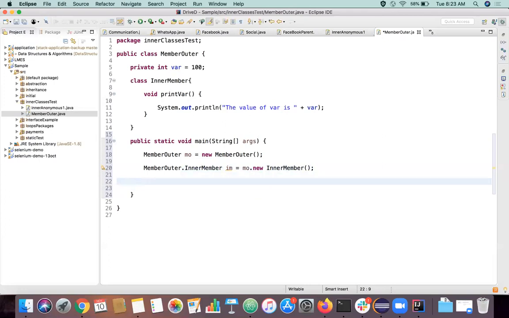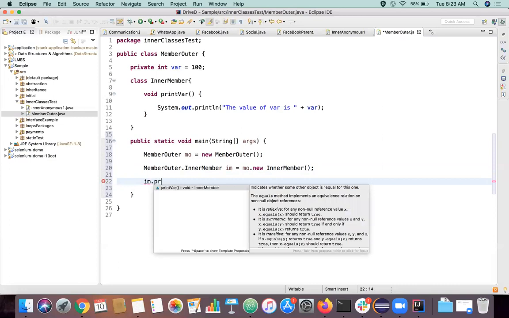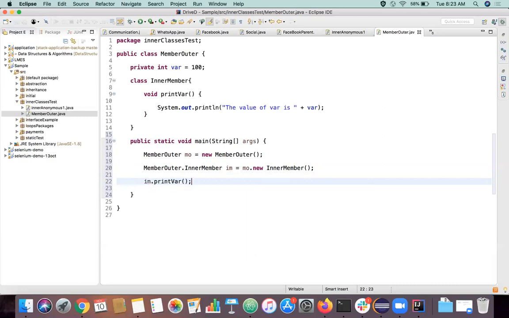So if I try to call this method now, what we are trying to do is create an object for this outer class. We are calling this inner class directly through the outer class itself, like how we used to call a variable member. If we want to call this var directly, I can do something like this, right? Member outer dot var, it will access that variable directly, right? Similarly, I can directly call this inner member class.